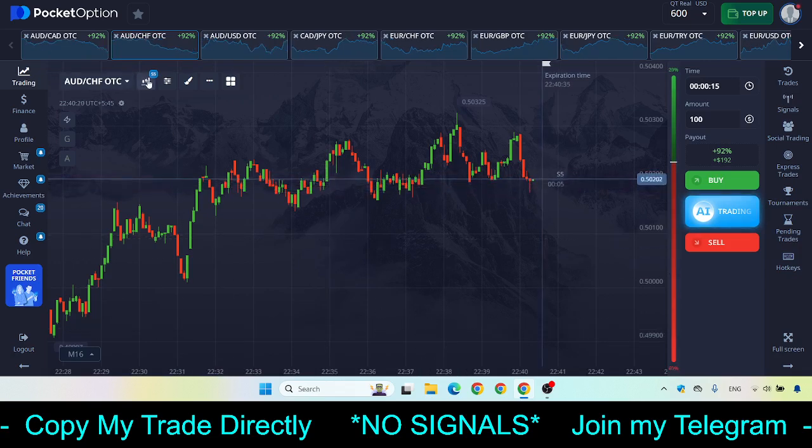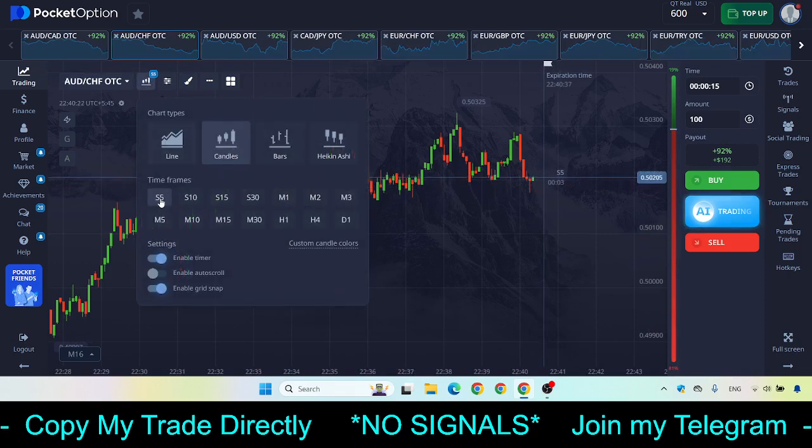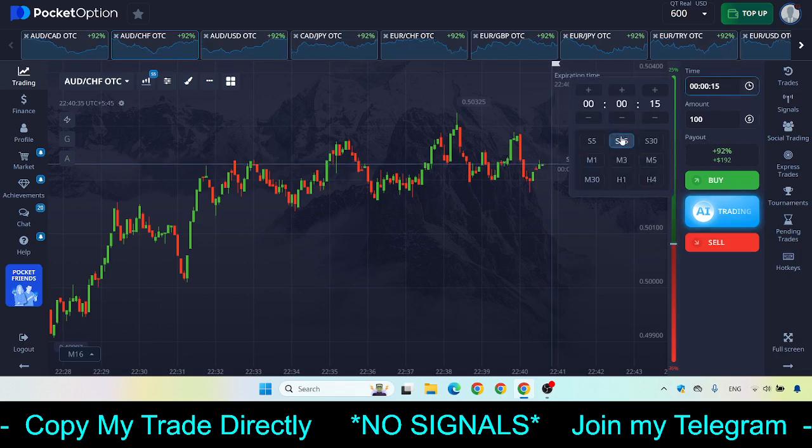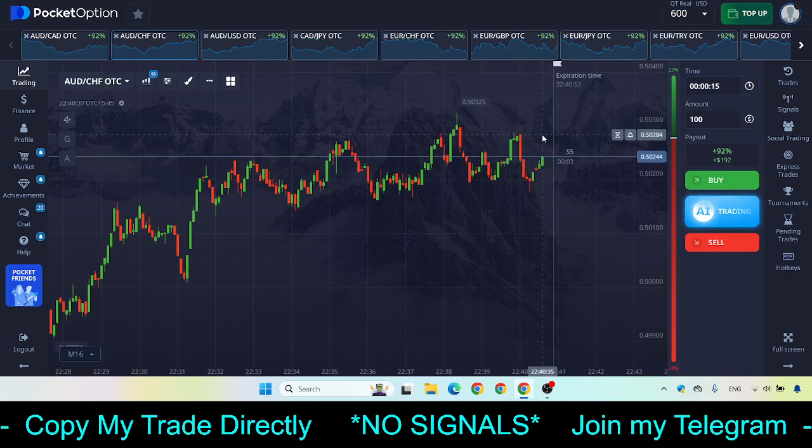As you can see here on the screen, you need to select your candle time frame S5. That means all of these candles are forming in a 5-second time frame. And if it is flagged here, just click on it, make it clock, and select 15 as your trading time frame. So your candles are of 5 seconds and your trading time frame is of